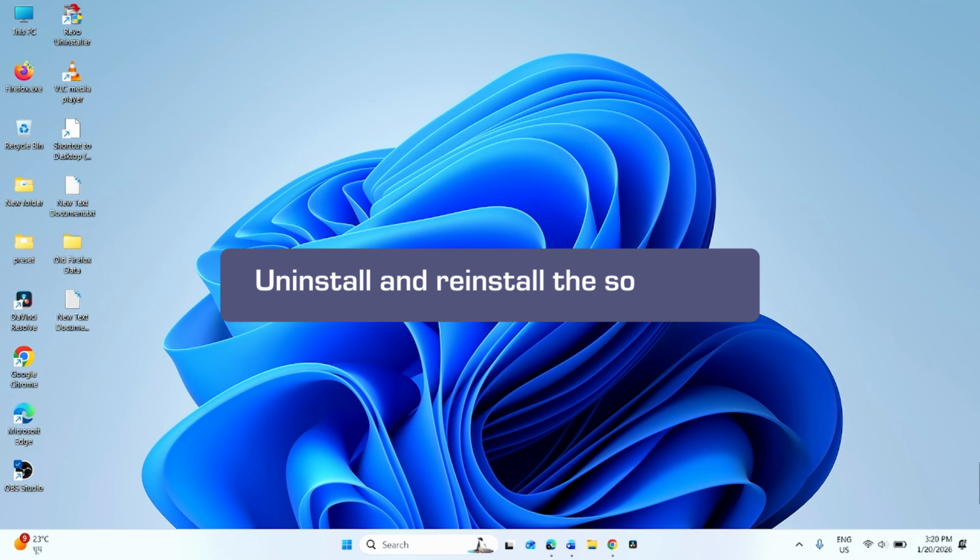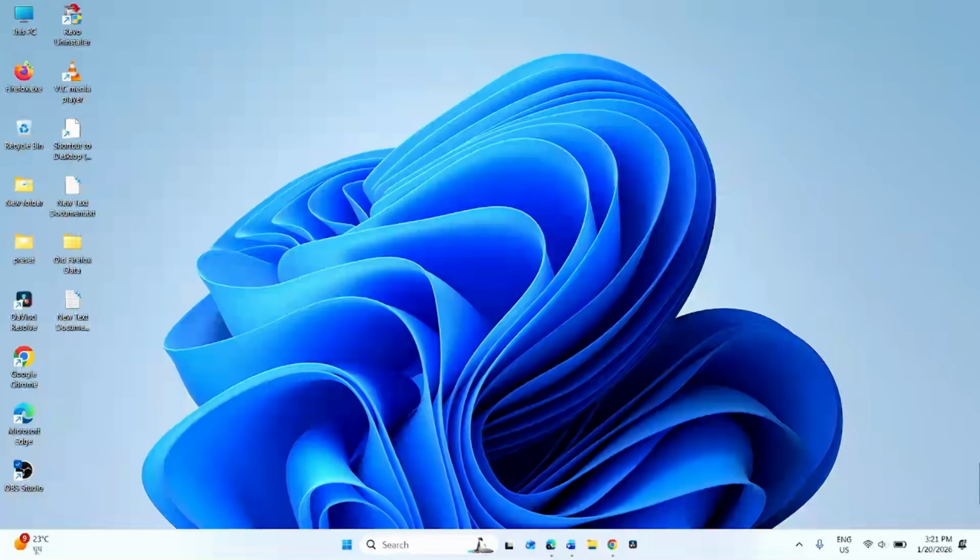The last method is to uninstall and reinstall the software. If updating the software doesn't work, then uninstall the software